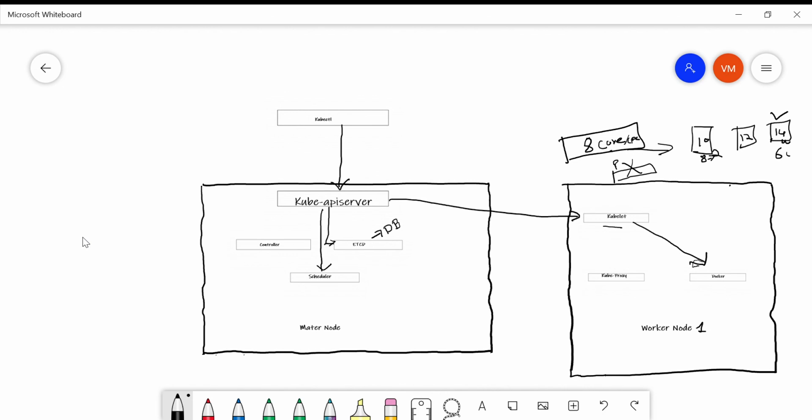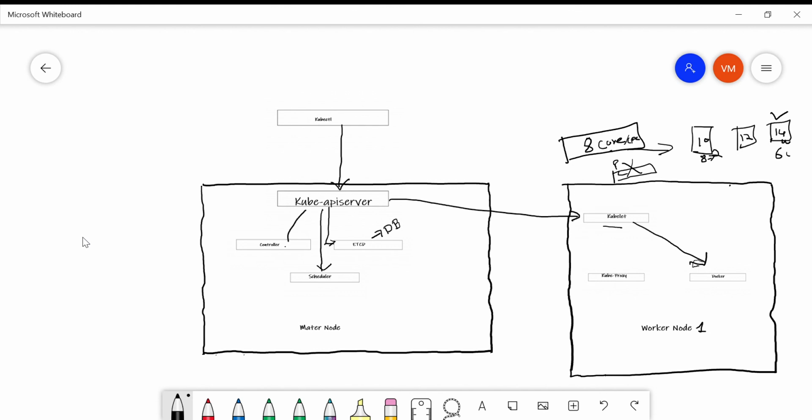terminated, right? It will be the responsibility of the controller to tell the API server, and the API server passes this information to the kubelet with the help of the scheduler, which identifies which node should spin it up, and the kubelet will tell the Docker on that node to spin up the new containers, right? So it will make sure that there are at least 6 replicas of that container running in the cluster at a time. So that's the responsibility of the controller.